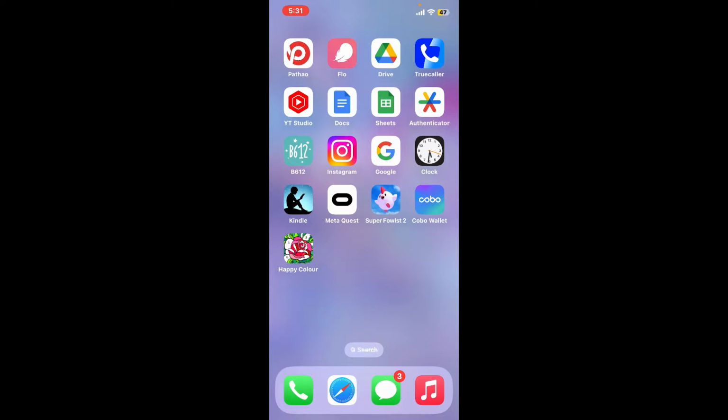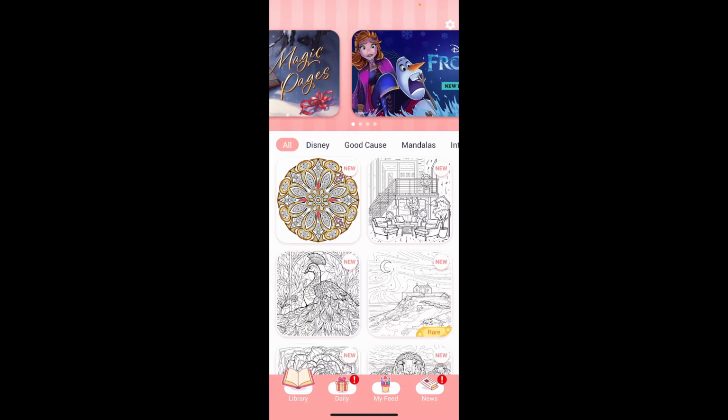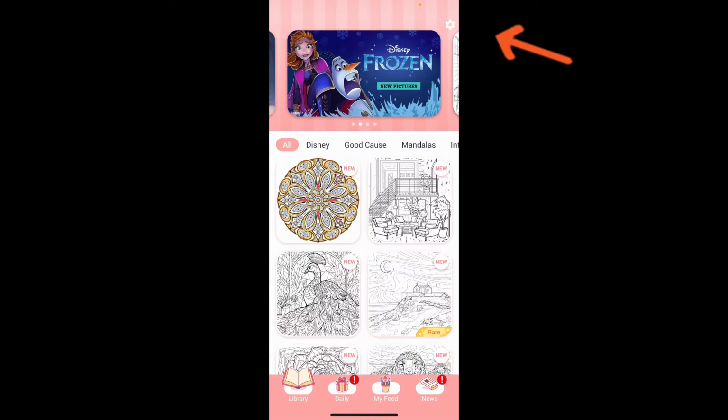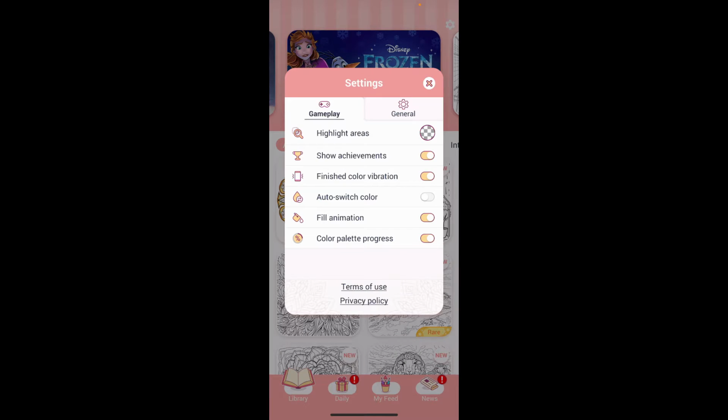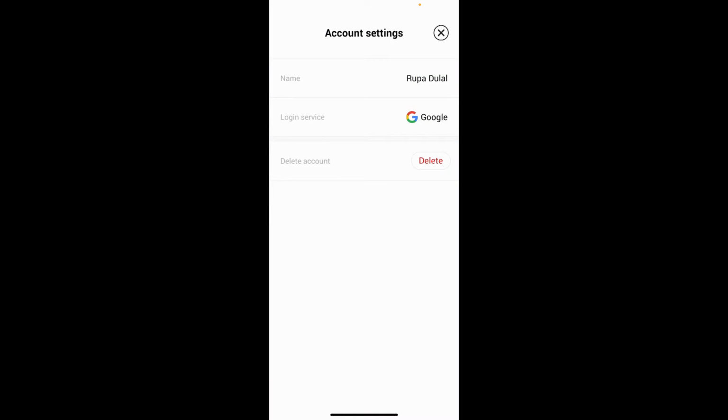First of all, launch the Happy Color application and make sure that you're inside your home page. And also make sure to sign into your account. And once you're inside, tap on the gear icon located at the top right hand corner. In the settings menu, tap on General. Now, click on the Account Settings option right above Log Out and tap on Delete right next to Delete Account from